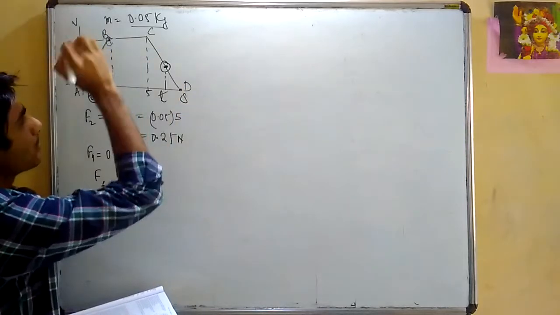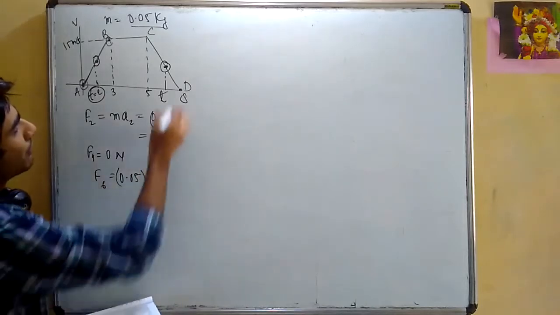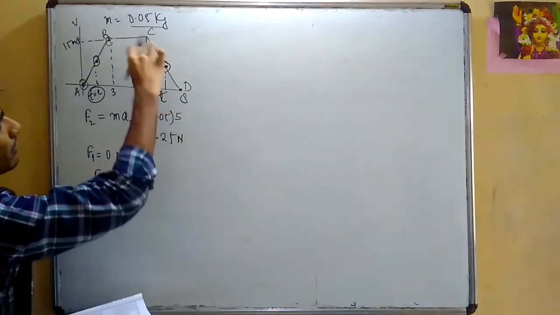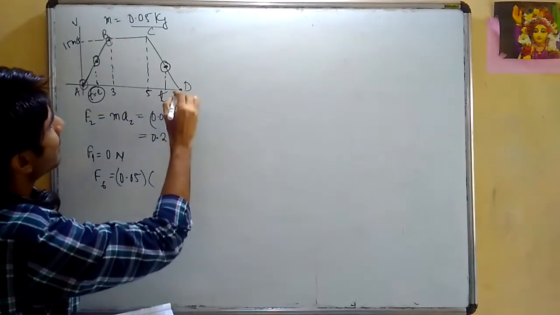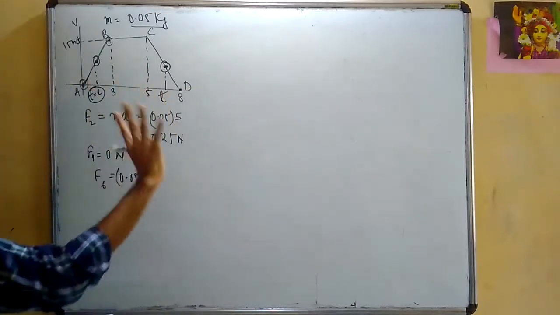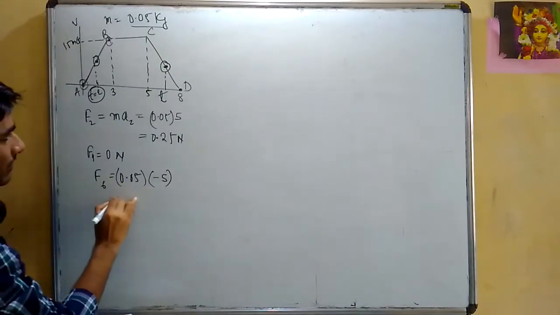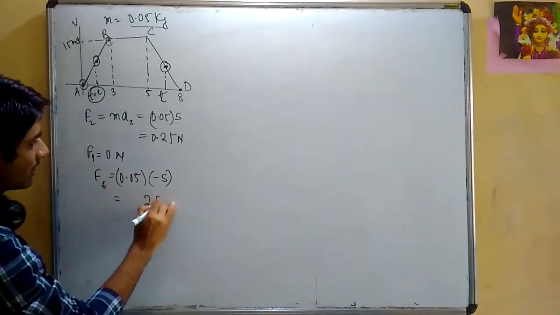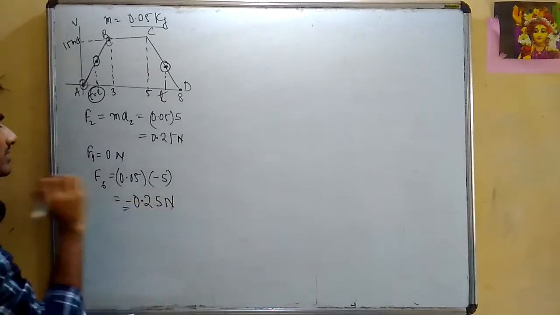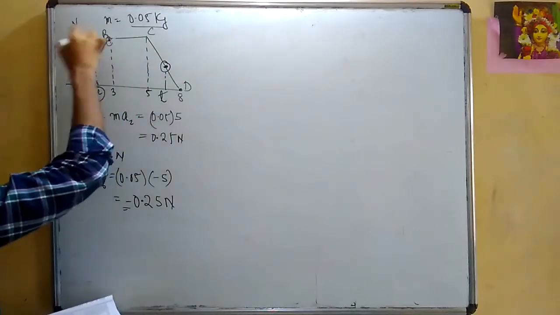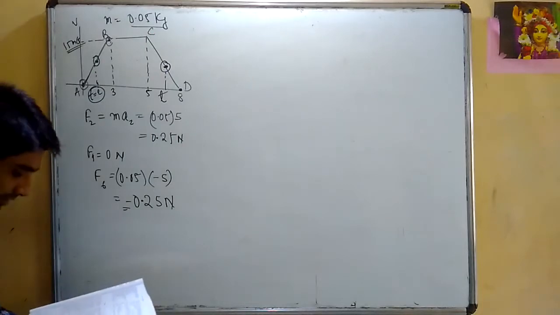So now if you study this point, force equals mass, as we already have 0.05, into acceleration. If you carefully see, the acceleration will be the slope of this graph. So this is 15 and this is again 3. 15 by 3 is 5, but acceleration is minus 5 because this is coming down. So I've written a minus 5. Force will be exactly the same, 5 times 5 is 25 and 2 decimals back, but this will be negative. So force is negative. Therefore, the body is coming to rest finally from a speed of 15 meter per second. Body finally comes to rest. So force will be negative. Just make sure of this thing.